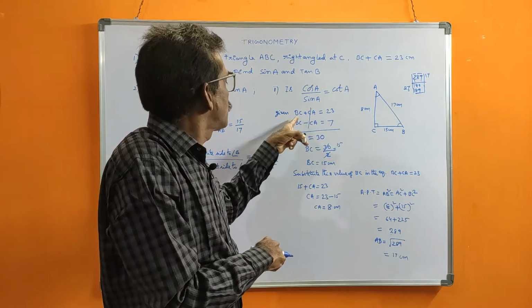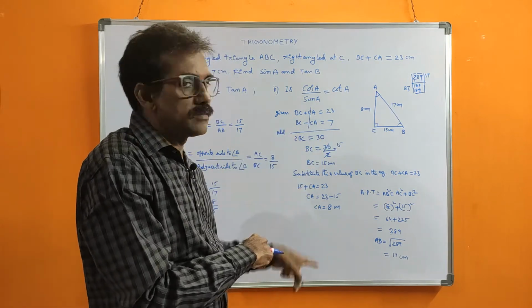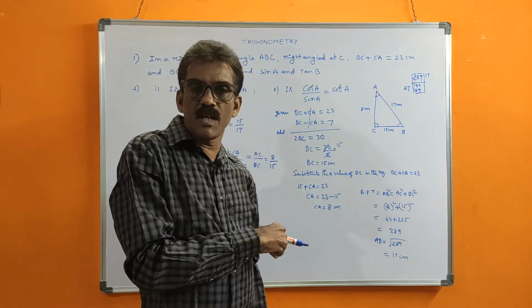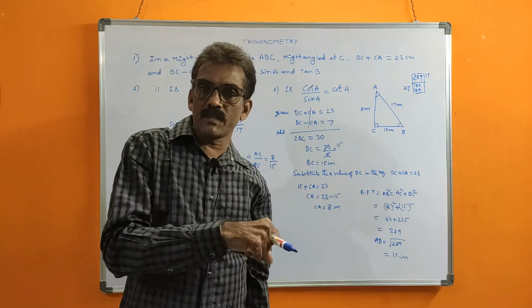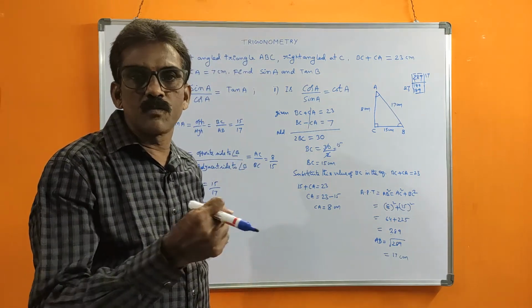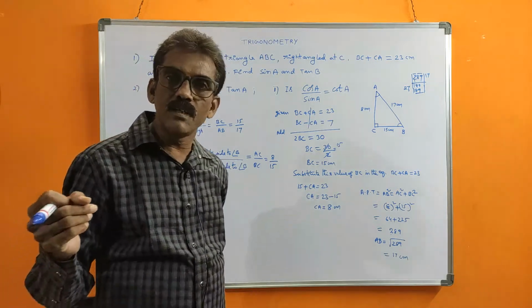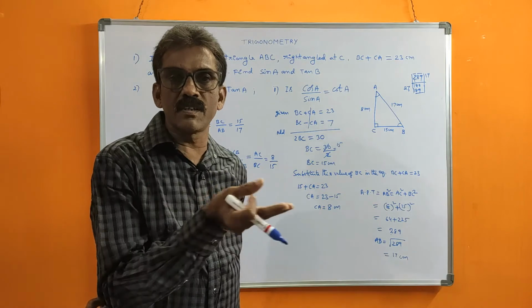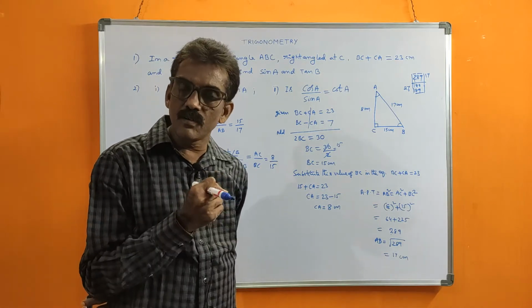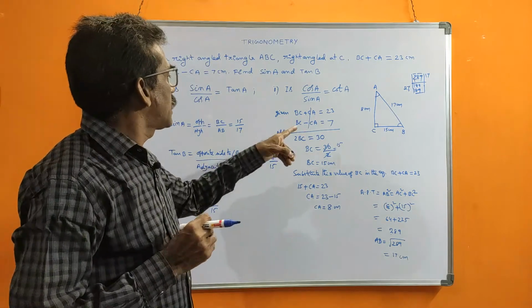See, instead of that, he gave BC and CA. These also are values only, no? So names only changed. Variables means what? Whatever name I want, I can use. Rama plus Krishna is equal to 10, like this also we can use. Why not? Rama says plus Krishna says is equal to something, Rama says minus Krishna says is equal to something. Like this also, you can find Rama says and Krishna says. Those are variables in that situation. So like that you should think, then you can get it easily.